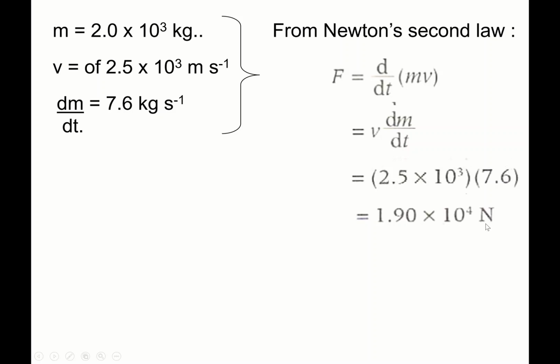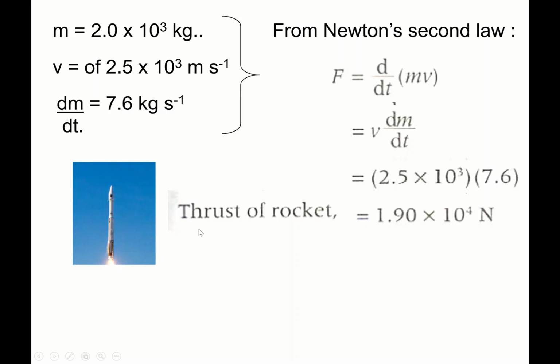So this is the force upward, or another word is the thrust of the rocket. The upward force, which is the thrust of the rocket, calculated here is 1.90 times 10 to the power of 4 newtons. Besides this force,